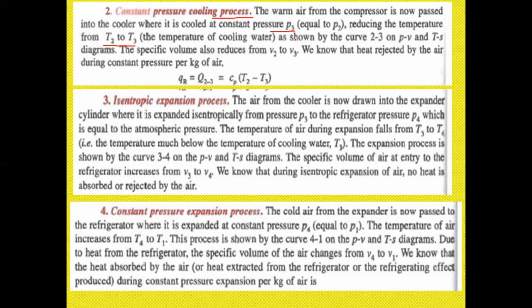Next, as shown in the curve 2-3 on the PV and TS diagrams, the specific volume also reduces from V2 to V3. So here the heat is rejected by the air during the constant pressure process per kg. So in the second cycle, the heat is rejected, QR = Q23 =